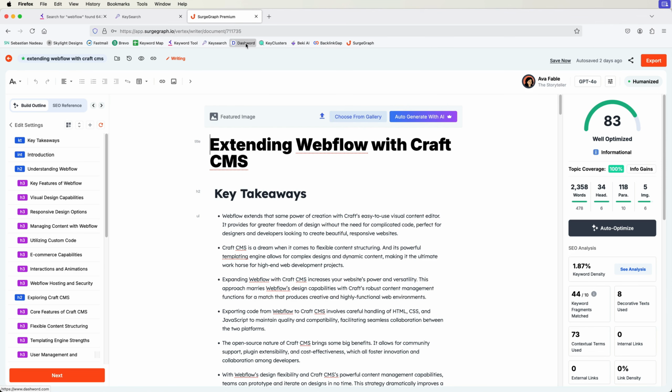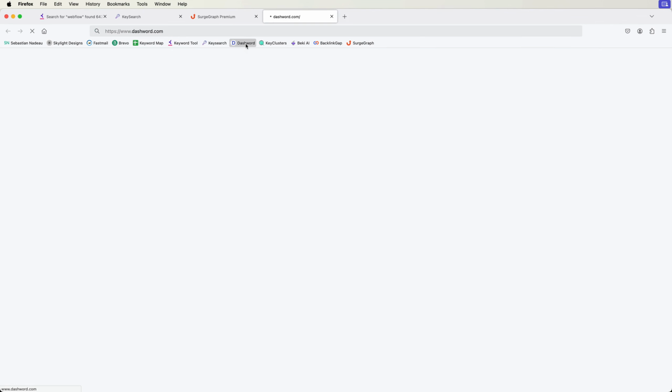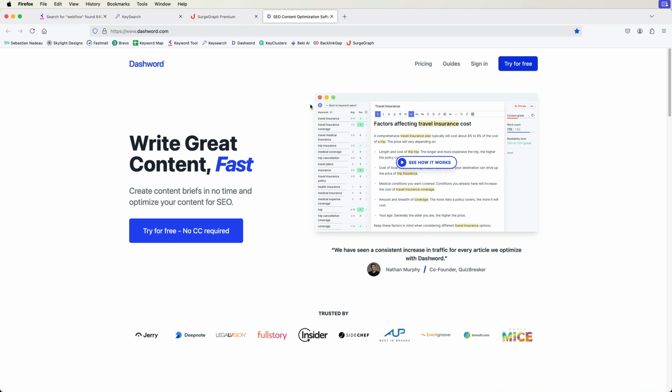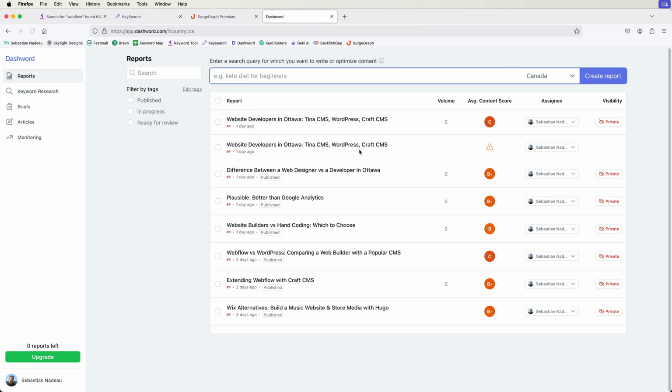Now there's another tool I use called Dashword. I'm going to open this up. Now Dashword is a tool that helps you write keywords within your articles. Now it's going to help optimize the articles as much as possible with adding keywords in there. So I'm going to sign in. I'm already signed in. So basically what I did was I typed in